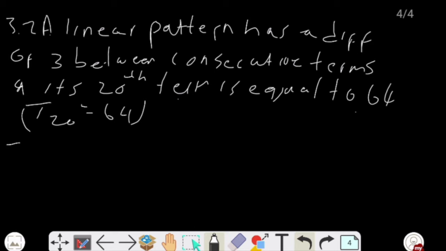Now the question says, determine the value of